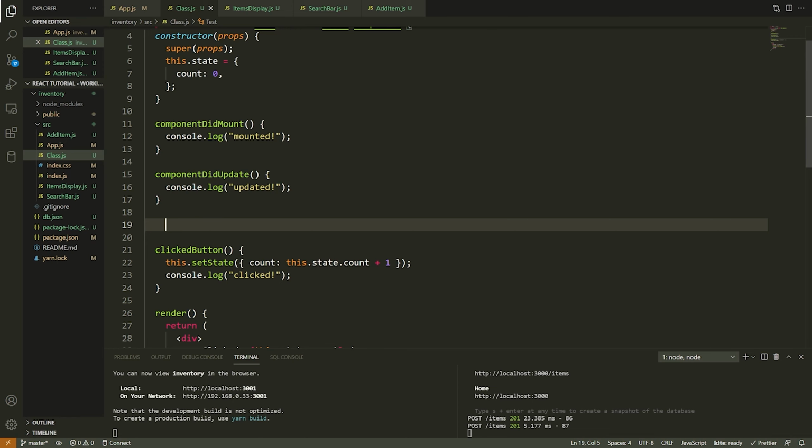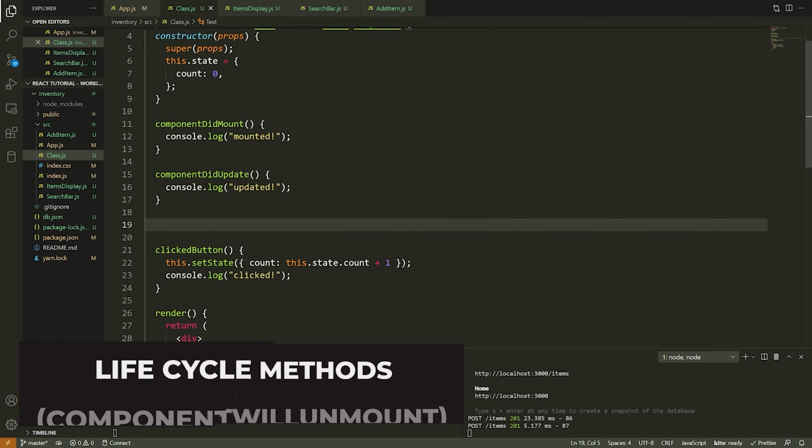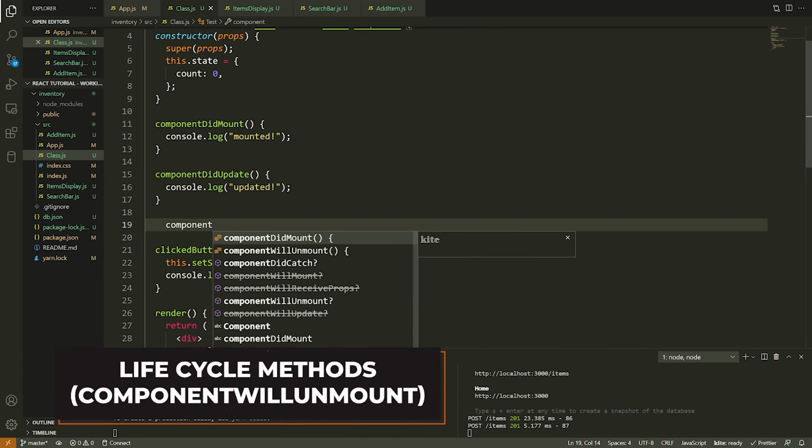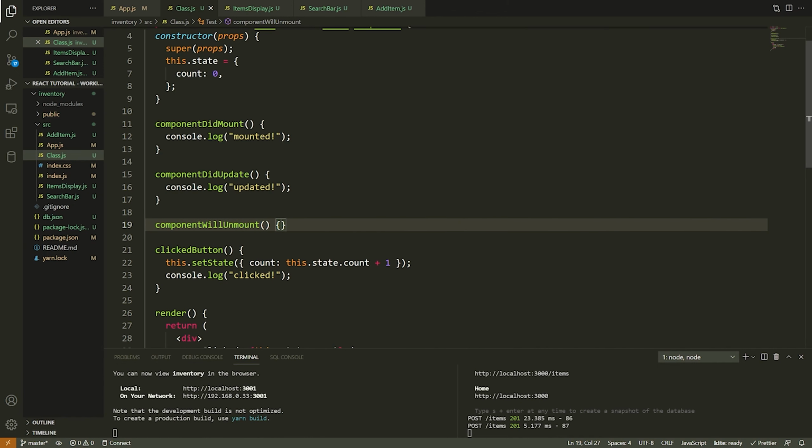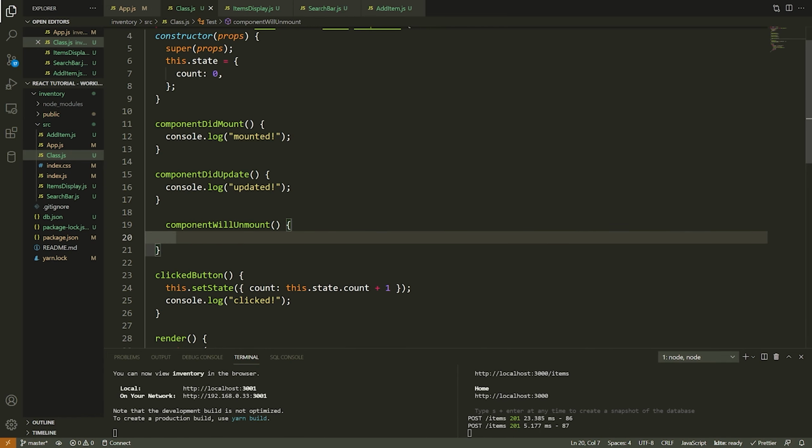Okay, so that is great, but the next lifecycle method I want to show you is called componentWillUnmount. Now, this one is pretty similar to componentDidMount, but this is saying, okay, the component is about to be destroyed. So we're no longer rendering the component, it's about to go away. And in this method here is where you would perform what's known as a cleanup operation. So a lot of times, once the component mounts, what you'll do is some type of operation like subscribe to a video feed or call some endpoint, whatever. You do something, right?